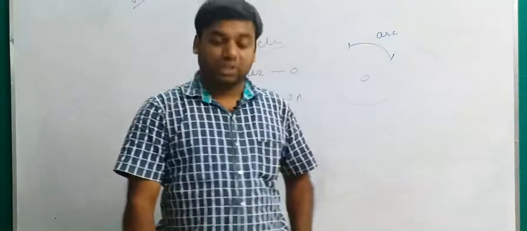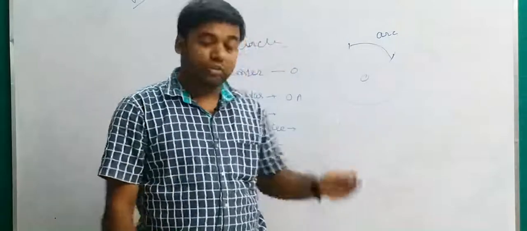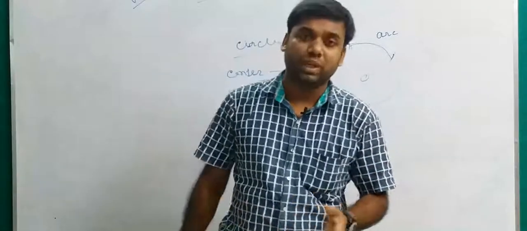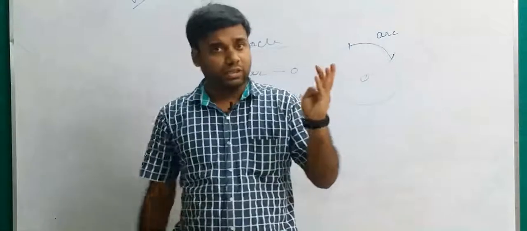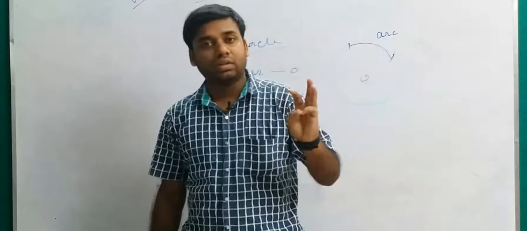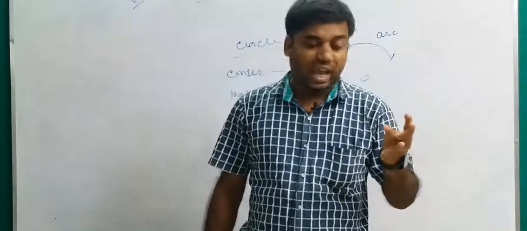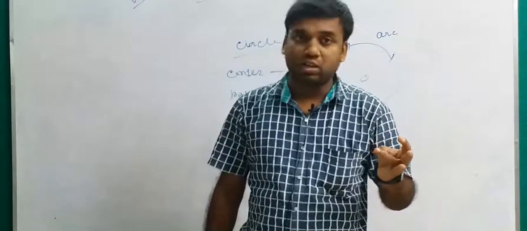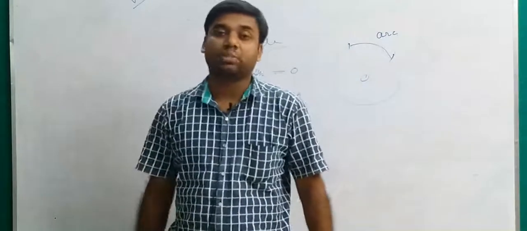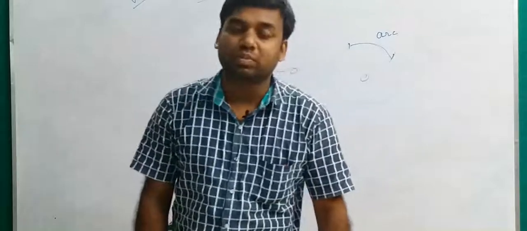In the basic introduction video in the previous class and today's class, I have discussed some terms. Again I am repeating: point, then line segment, ray, line, after that polygon, angle, triangle, quadrilateral, and circle and various parts of a circle. I hope your concept of these terms is clear.